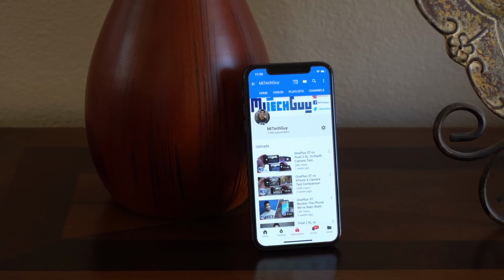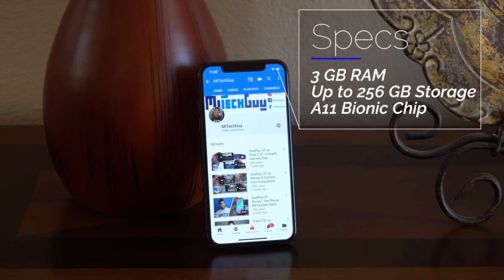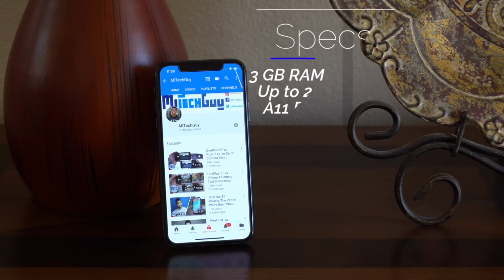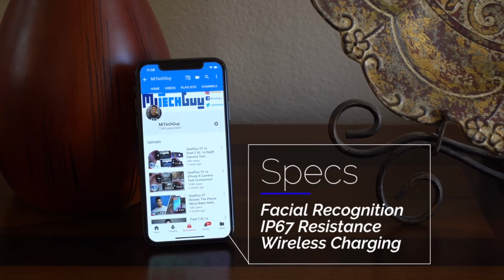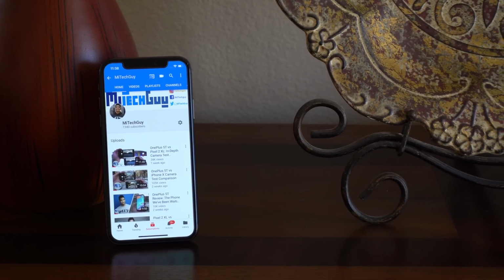Specs-wise, the iPhone X does have a lot going for it. It has 3GB of RAM, up to 256GB of internal storage, Apple's new A11 Bionic chip, Face ID sensors, IP67 water and dust resistance, and wireless charging. But this phone has already been out for about 2 months now, so you probably already knew all of that. Specifications aside, I wanted the majority of this video to focus on how this phone performs in the real world